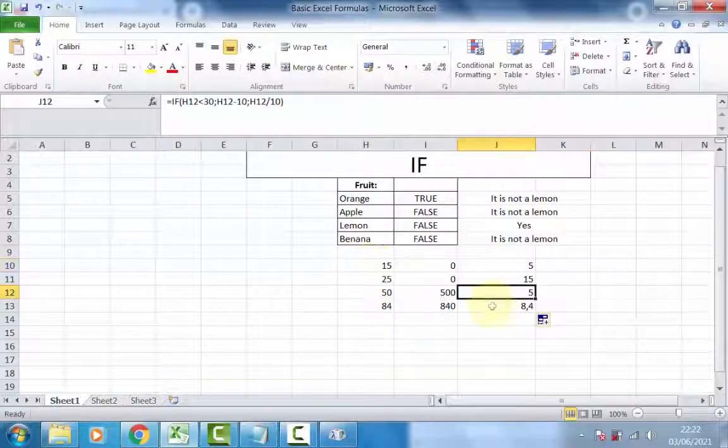Now this statement is false. So we get the calculation that's involved with the false statement. 50 is not less than 30, so for the false statement I wanted cell H12 to be divided by 10. So 50 divided by 10 is 5. And the same is true for this one. 84 divided by 10 is 8.4. And so you can make Excel perform certain calculations if the information in this cell is true or false based